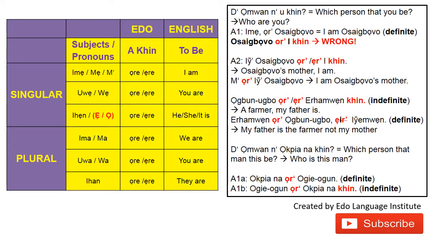When it ends like that, it means it is my father that is the farmer, or my father is the farmer. But you can also add further information at the end. For instance, erame ogbongbo eijeme. You get it? So it is my father that is the farmer,